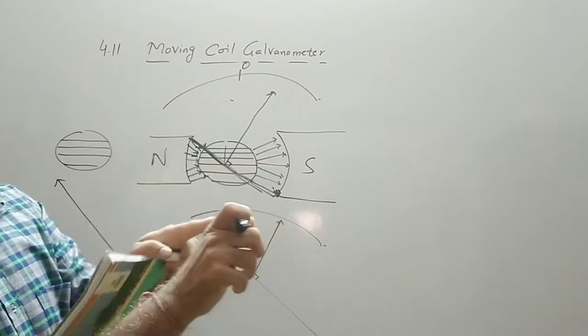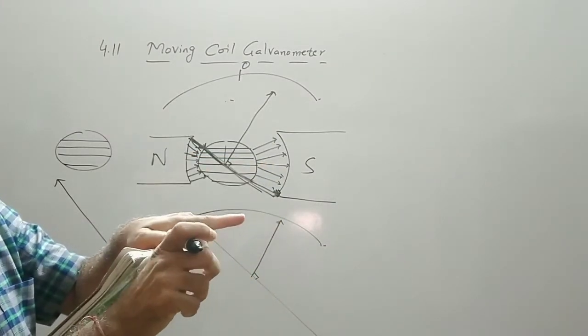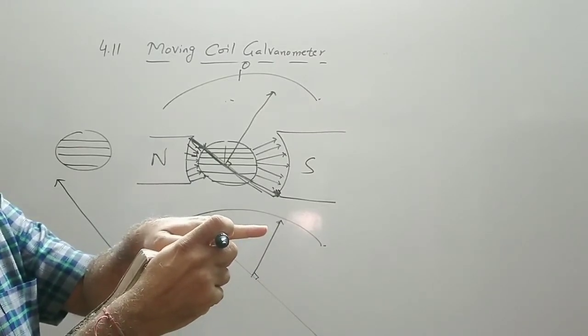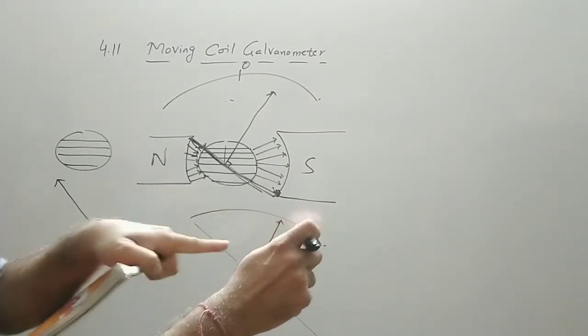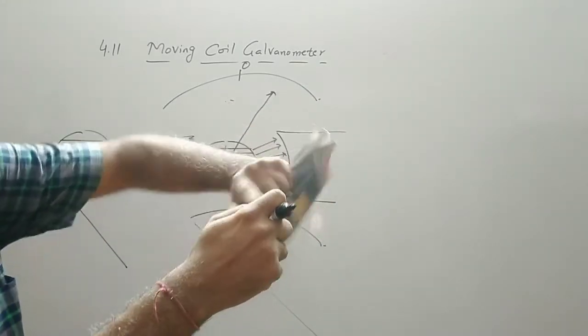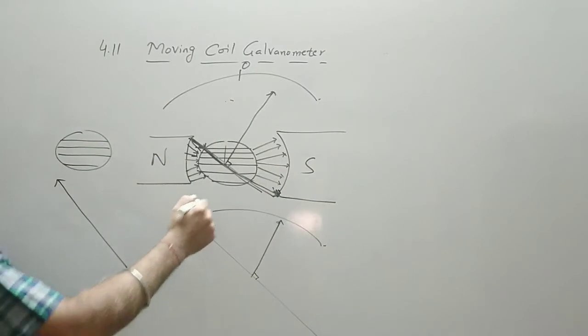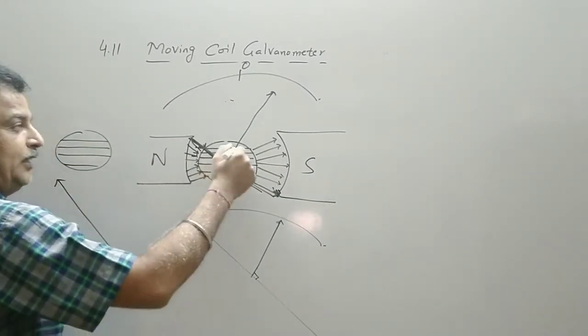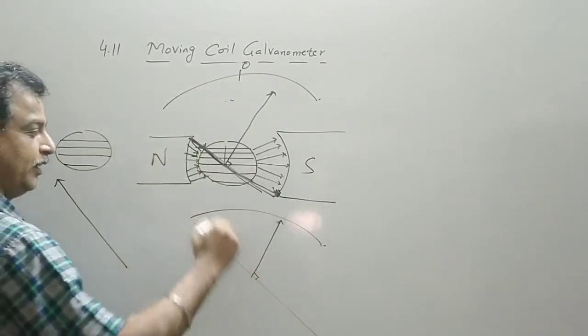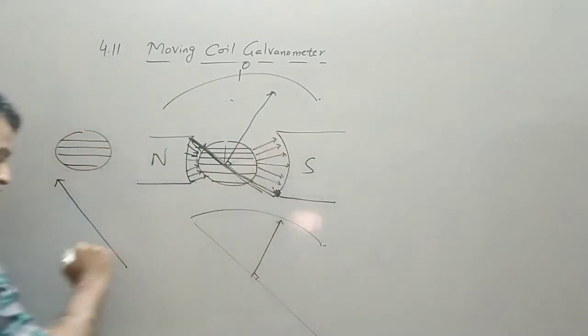So our magnetic field lines earlier, when there was no cylindrical magnet, were like this. Now I have to make a 90 degree angle. So I will take these magnetic field lines like this. It makes an angle of 90 degrees. So when this pointer is deflected towards this side, instead of this line, we take this line.